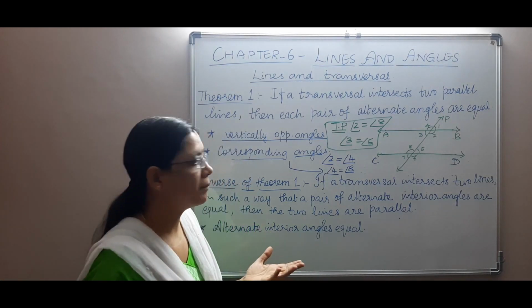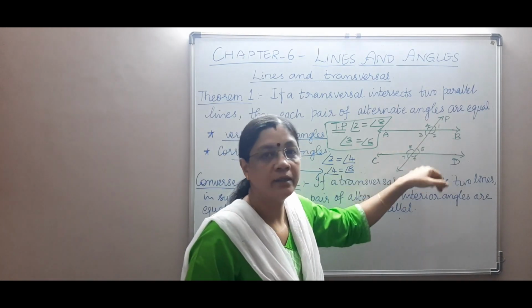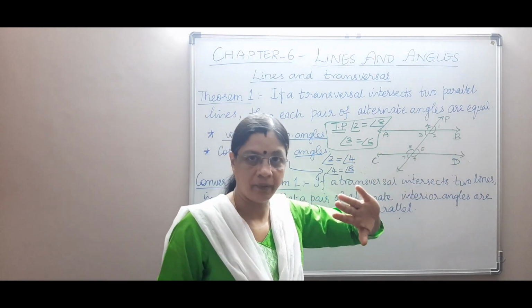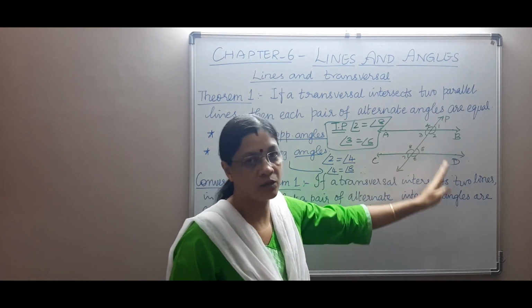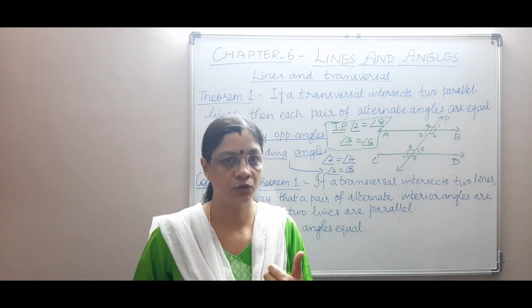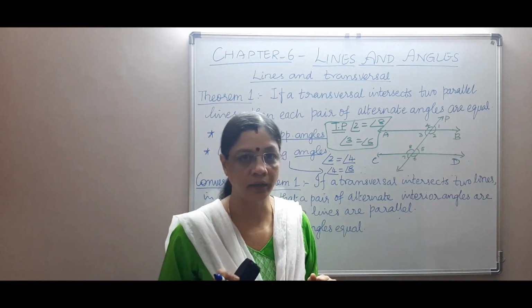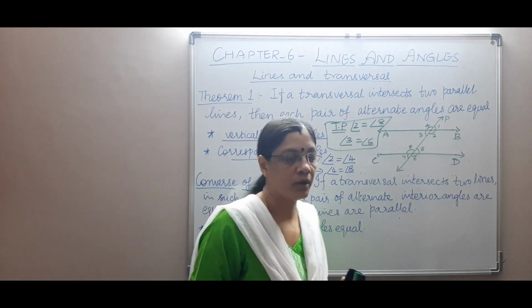If the lines are parallel, we have seen that the angles made by the transversal on those two lines will be equal, isn't it? That is what we say, corresponding angles are equal. Now, if we need to prove the lines to be parallel, then we need to show the corresponding angles are equal. So, how do we show the corresponding angles are equal?